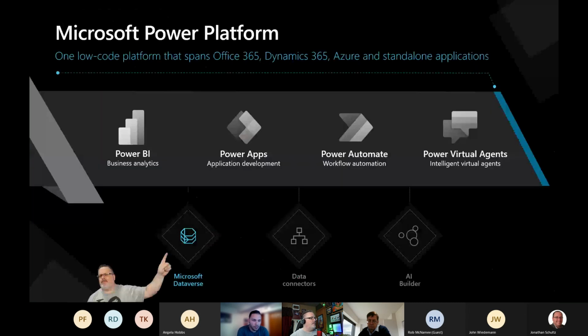Hey, Chris, at Rockwell, when you look at the number of makers and the people that are building apps or building flows, Power BI reports, is it typically the people that have been in that space for a long time? I know that Power Apps and Power Automate are relatively new, but I'm going back to that same story. Is it typically the newer people that are adopting this and automating and taking it to the next level, or is it a mixture? Where are you seeing that at Rockwell?